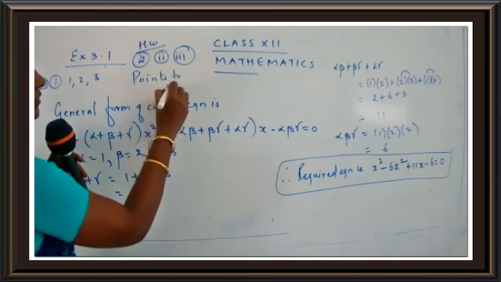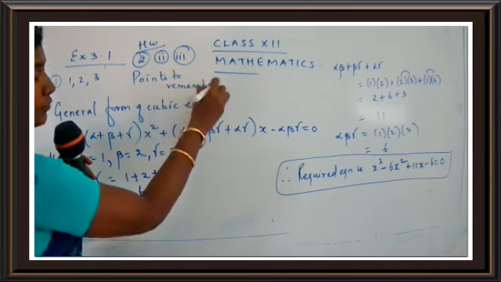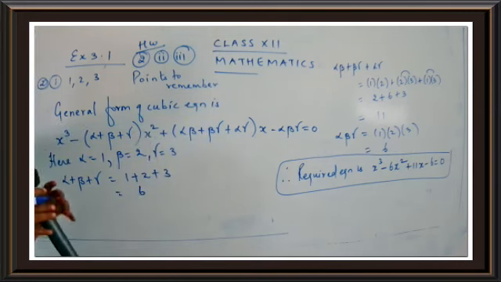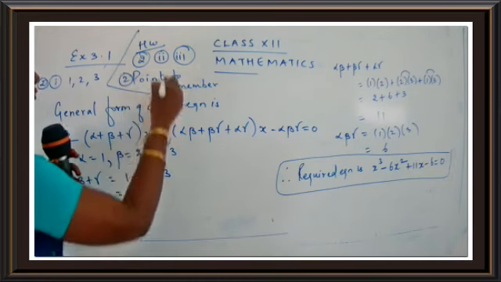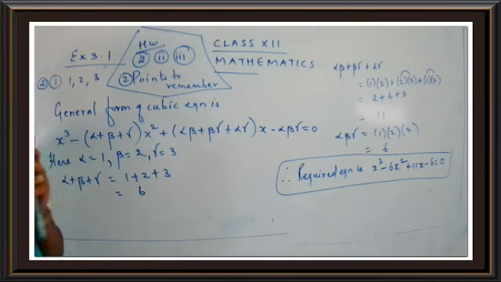You have to do it by yourself. No need to copy it. Try to expand it by yourself because this is the important thing. You have to learn how you get the formula. I hope you are clear with the homework part. So the second and third sum of question number 2, and the points to remember. We have taken two points today: Vieta's formula for quadratic equation and Vieta's formula for cubic equation. And we have some more sums in exercise 3.1 which will be continued in the next class.